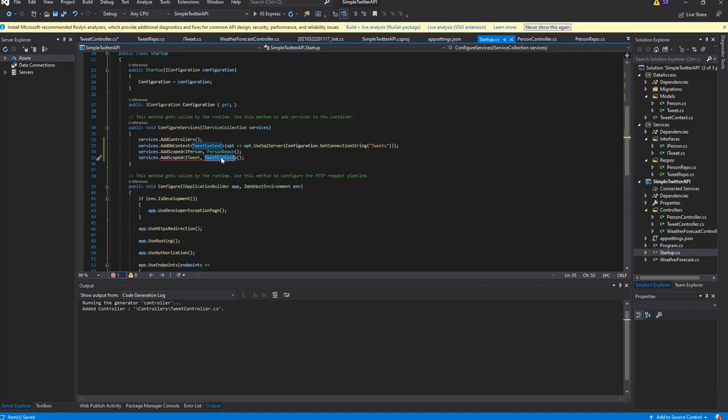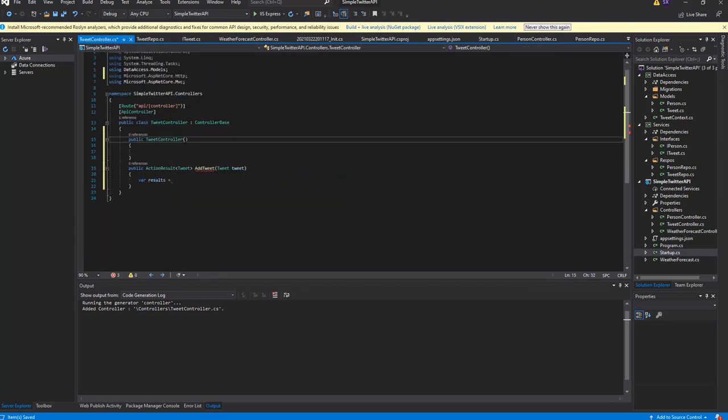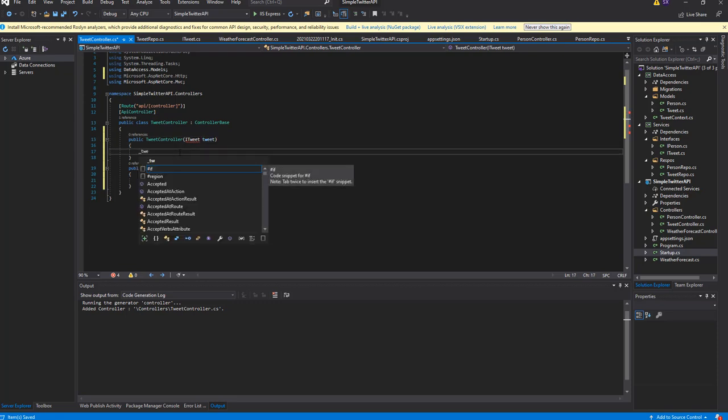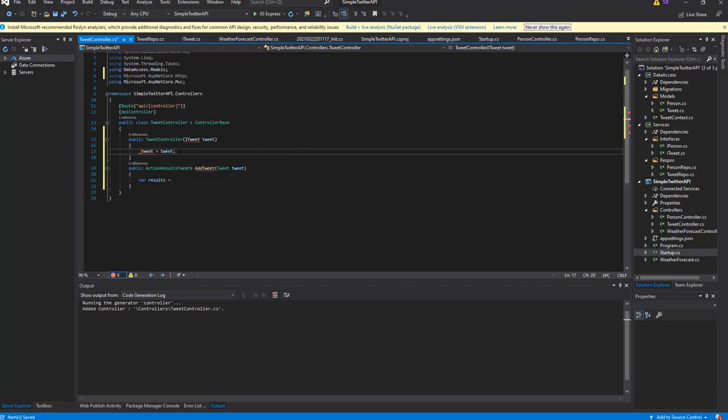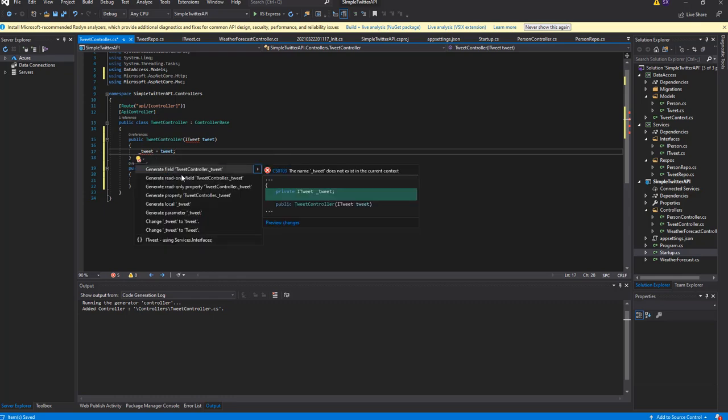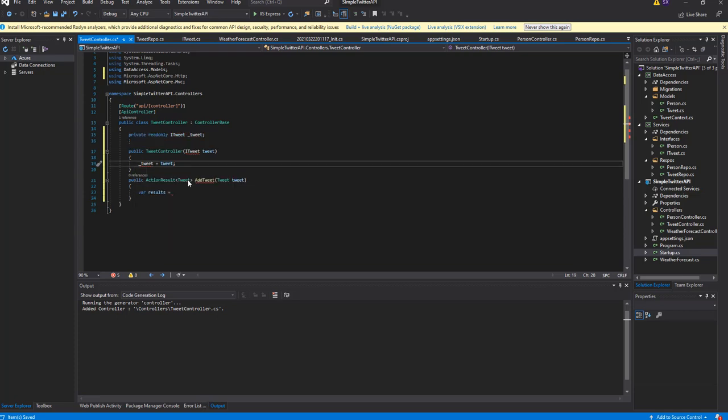Man, tweet repo, yeah, and save. Now here we're gonna call iTweet, and I'm gonna call this tweet, and I'm gonna say tweet is equals to the tweet that's in the constructor. And I'm gonna let Visual Studio generate this for me,